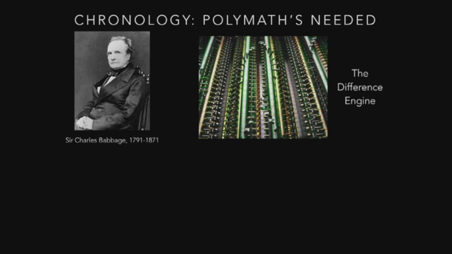But chronology attracts all sorts, and really, much like Leonardo, polymaths were required. And if you don't know about Sir Charles Babbage, I really would encourage you to look him up. He's the father or grandfather of computing. He lived in basically the 19th century. He was a contemporary of Darwin. He was a bit of a sociopath. I think that's a fair thing to say. He was constantly, we've all got friends and colleagues like this, paranoid he was being ripped off and his ideas were being stolen. He hated poor people. He used to call them the mob.